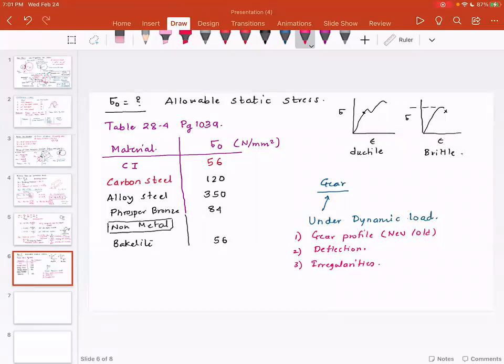So the dynamic load on the gear depends on a lot of factors that are not possible to measure accurately. So we try to estimate this dynamic load based on the factors that we know, either experimentally or using empirical relationships, and we assume this dynamic load